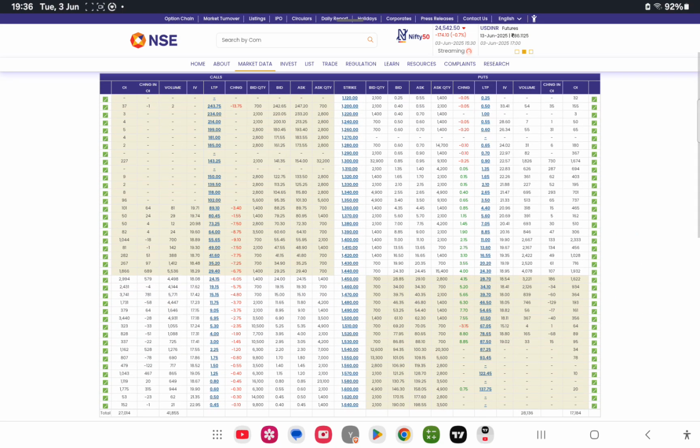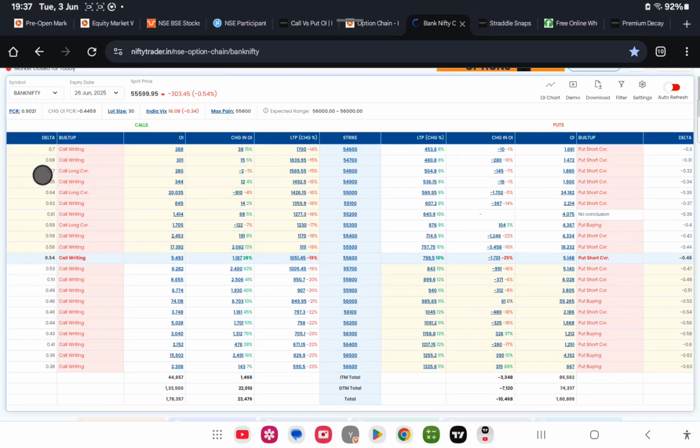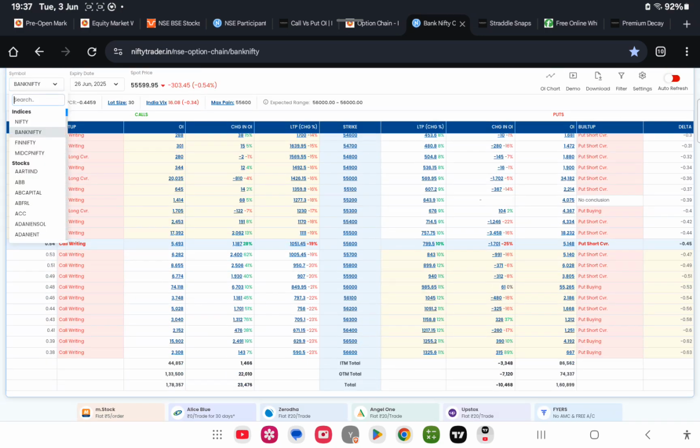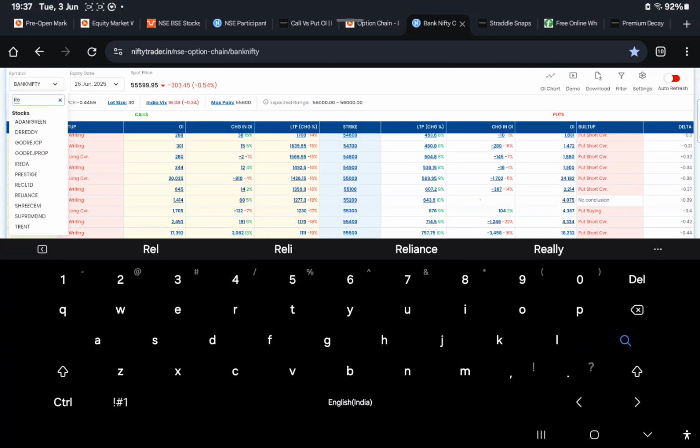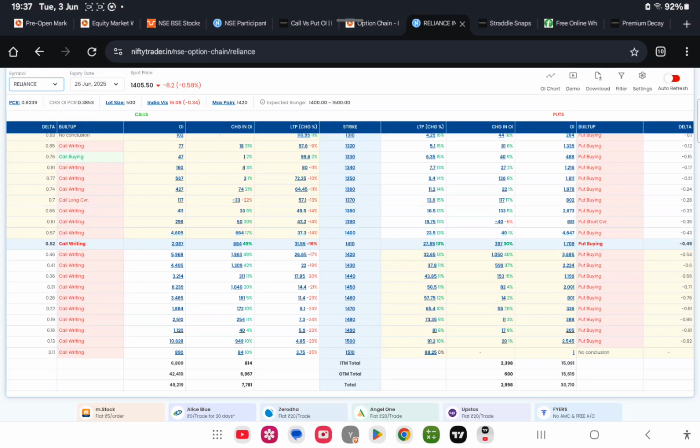So this is ICICI Bank, and same pattern, similar pattern. All the stocks are showing CE writing having the positive decay while the other is not. Okay, so now we will see the close range for Reliance. So this is just the 10x stock. You write call writing and put buying is the condition going on here, and then you could see